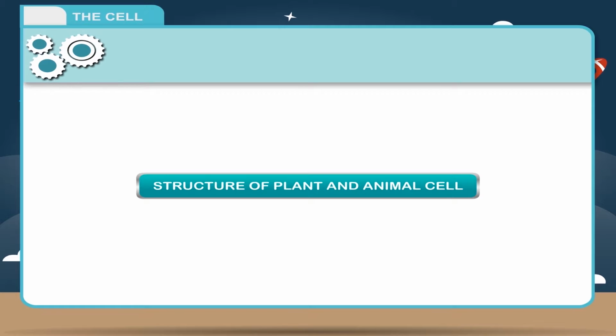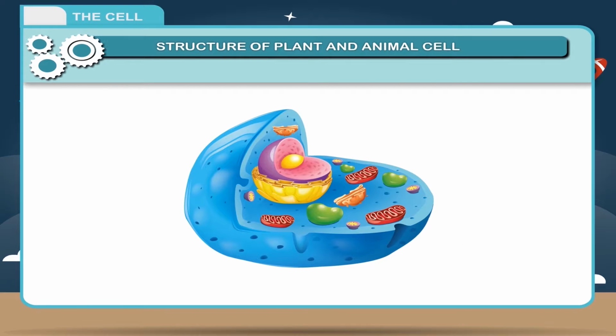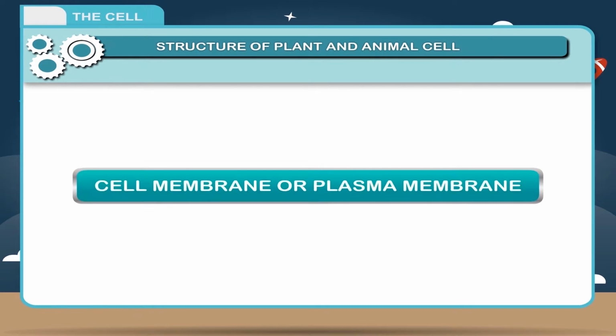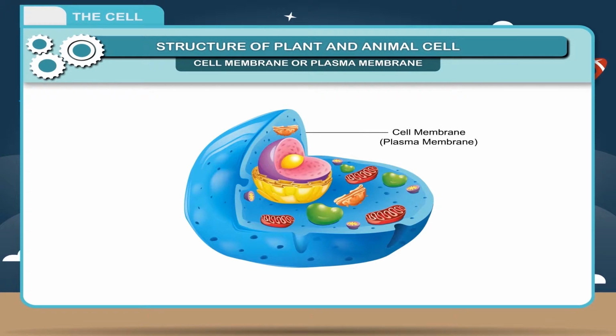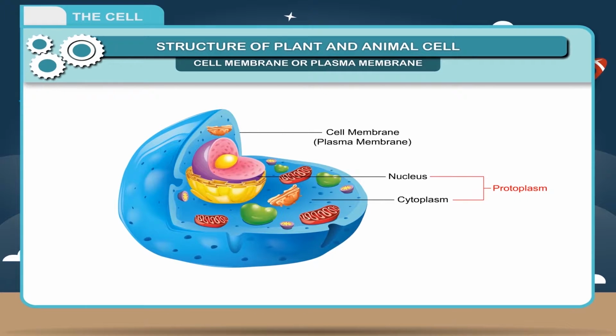Structure of plant and animal cell. The activities of life processes take place in the cells. A typical cell consists of these parts: 1. Cell membrane. 2. Cytoplasm. 3. Nucleus. Cell membrane or plasma membrane. It is a thin, transparent and flexible living membrane which forms the outer boundary of the cell. It surrounds the protoplasm. Cytoplasm and nucleus together constitute the protoplasm, and it is composed of lipids, fatty molecules and